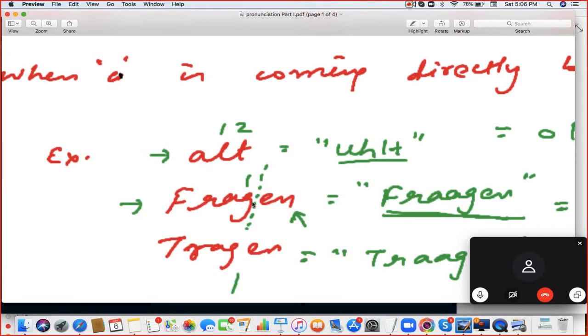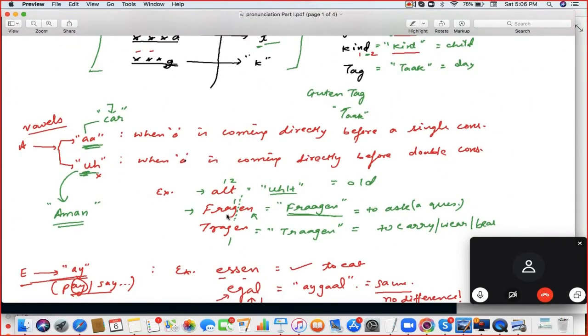Directly means which is the immediate neighbor. After that, a vowel is there, so I will not include this N. I just need the direct consonant. That is one. Okay. Then TRAGEN. How many after A? One. Good. Now the rule is after A, if it is one consonant directly,